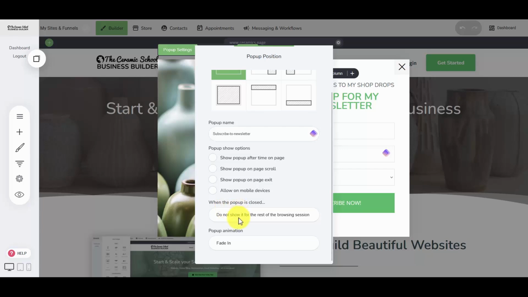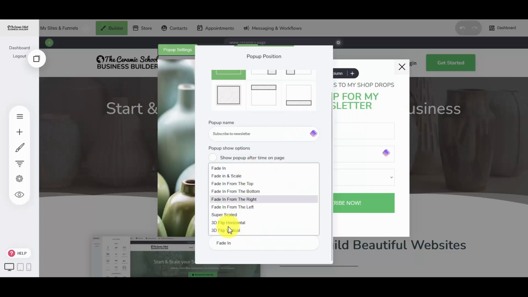So the next option is to figure out what happens when someone closes the form or fills out the form. You'd either want to not show it anymore, not show it for the rest of the browsing session, or show it again on every page visit, okay? Normally you just say don't show it again for the rest of the browsing session, and that would make sure that for this session, while they're browsing around on your website, it won't show again. But if they come back to your page in a couple of days' time, then they'll get the pop-up shown again, okay? And then we've got the